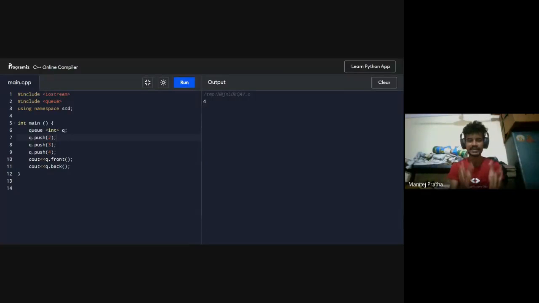I hope I cleared that myth that STL is hard. Don't think like that. STL is very, very easy. I even prefer STL over Python. Python has all functions, but it's very, very slow. In competitive exams, if you use Python, you won't qualify. You must use C++ or C. C doesn't have STL support. C++ has